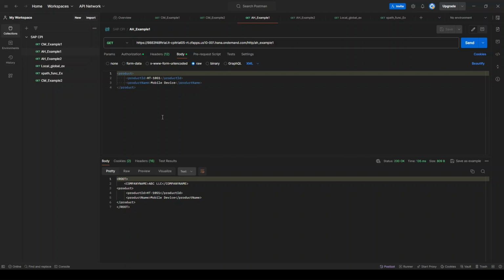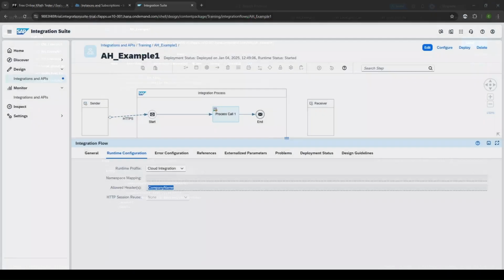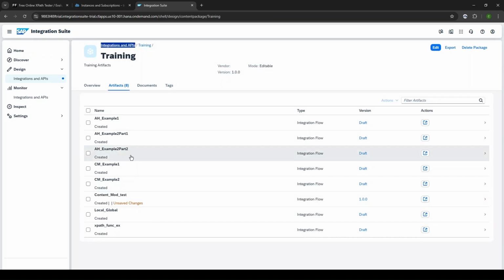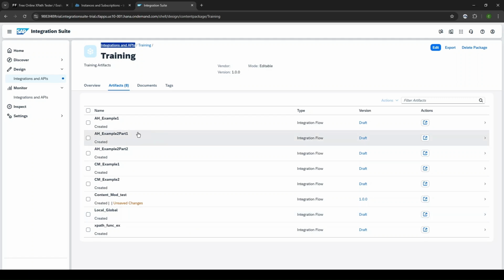So same thing, let's go back to our integration flows. The previous example was sending the header from the outside to your integration flow. Now we'll see that we have to do the same thing when you are passing header information from one integration flow to another integration flow. For example, here